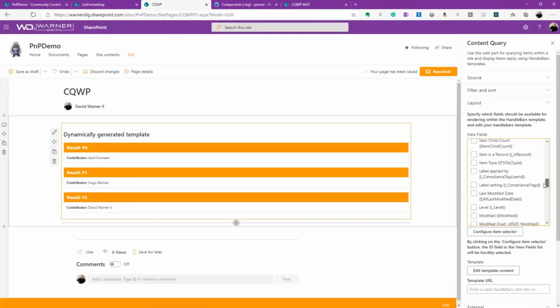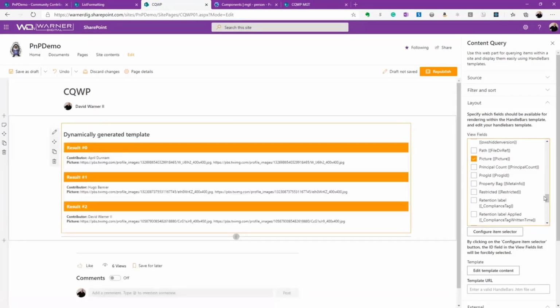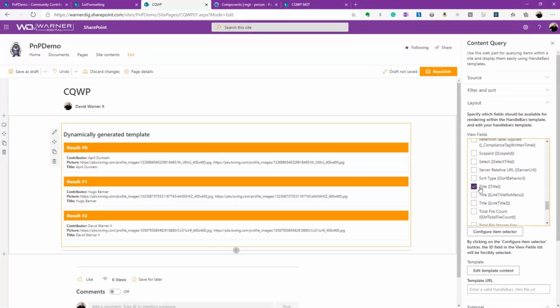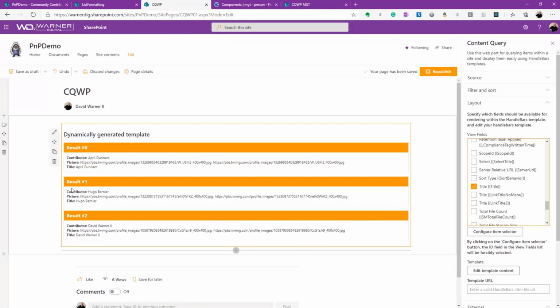So we're going to come down and we've got contributor, and that's really all we need, but I'm going to add in picture and I'm going to add in title just to show some comparison and contrasting. All right, so I've selected those. We see that information is showing up. For the picture, it's referencing some images on Twitter. For the title, it's really just plain text. And contributor looks to be identical to title. We see that there. They look to be identical, but they're really not, because remember, contributor is an actual person